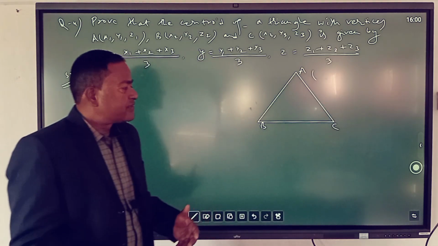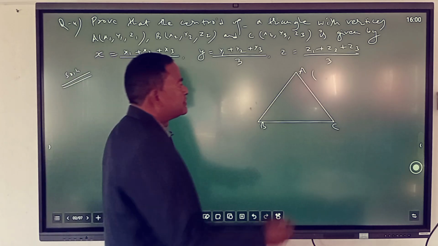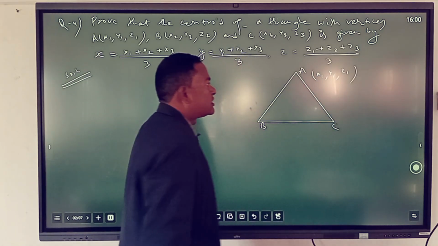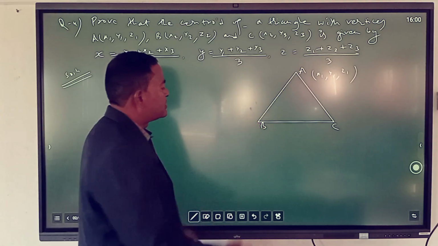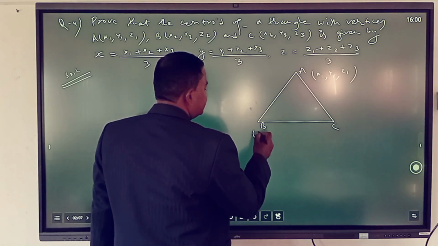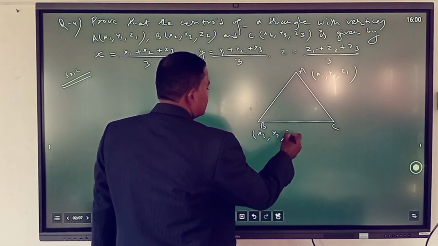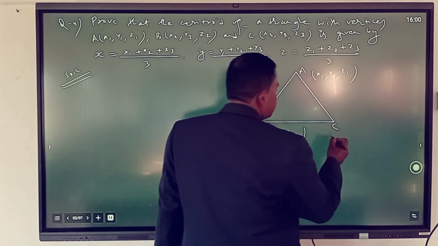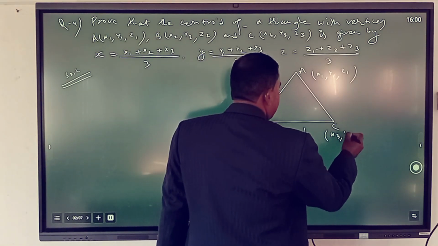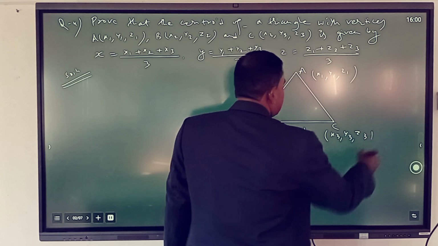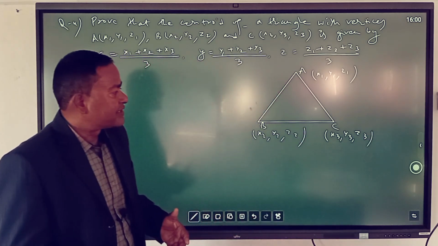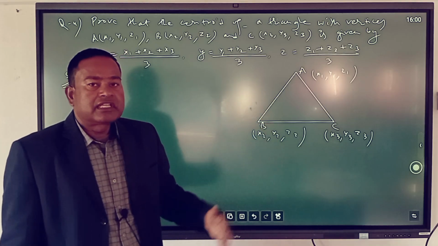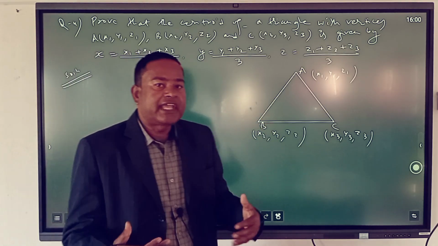The vertices of triangle ABC are given as A(x1, y1, z1), B is given as (x2, y2, z2) and C is given as (x3, y3, z3). So dear student, if the three vertices of a triangle are given, then we can find the